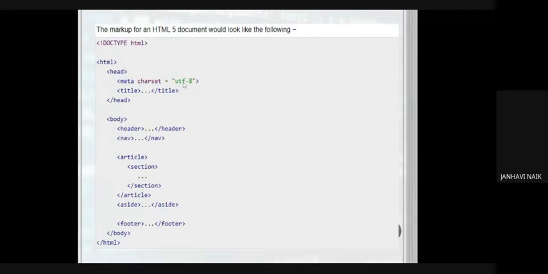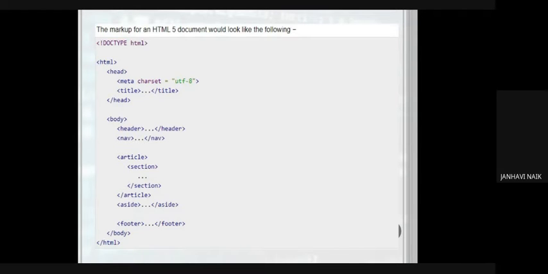That means when I say UTF-8, we can do the encoding in terms of 2 bytes, 4 bytes, 8 bytes. All the alphabets which are there on your system are encoded, right? So that the machine understands. So this encoding is done with the help of the character set, which is called UTF. Now, what I wanted to say, why UTF-8? Because UTF-8 is a universal format which understands all the alphabets, all the characters that we insert onto a system. That's why when we mention UTF-8, by default all the characters are understood by the system.